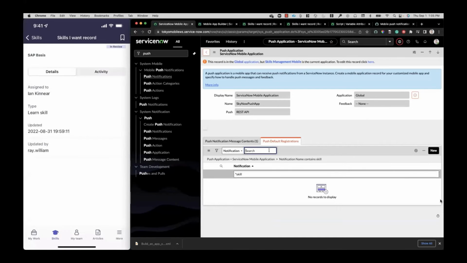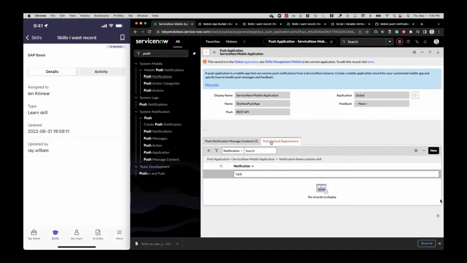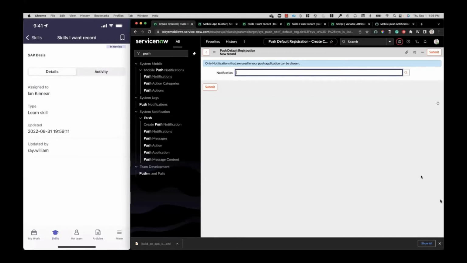If you don't have this related list, by the way, then you can just right-click, configure related lists to add it in there and look for push default registrations. So if we click new here and look for that notification, skill requires review, and submit this,